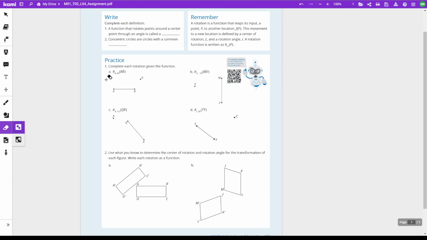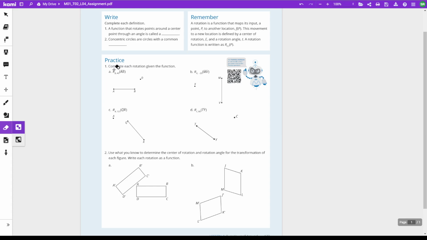So this is what you would call a rotation function. The capital R stands for rotation. The reflection function also starts with the capital R, but in this case you can differentiate them by the fact that the subscript here has two terms, whereas in the reflection function it only has one term. Okay, so this function here is saying to